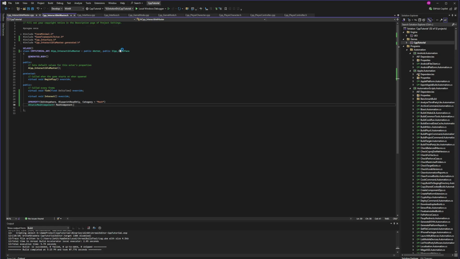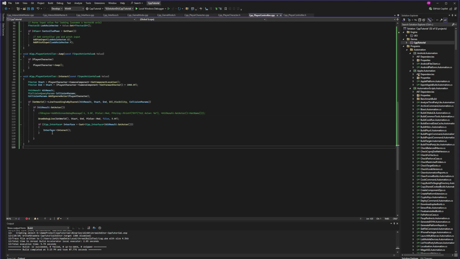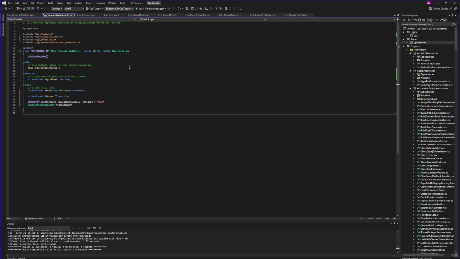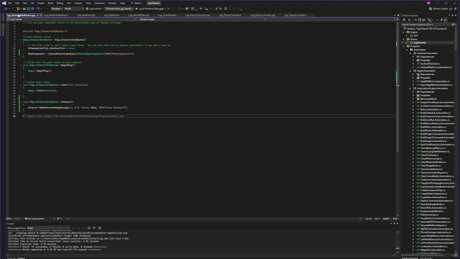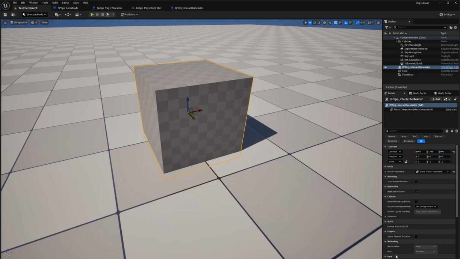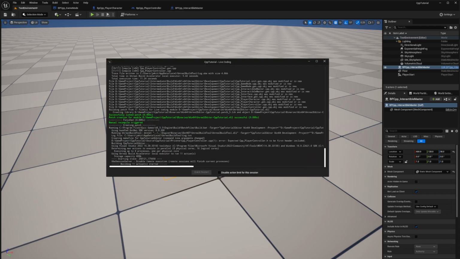If you want to include this interface into any other objects, you now no longer have to cast every time, right? You're just casting to this interface. So for other objects you want to include this, just make sure you include the header file, include the module, and then virtual void and override the function that you want to call, and then implement that function. Then whatever you put in here is going to get called when you interact with it. So now if we compile one more time,